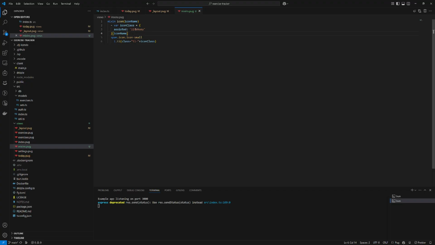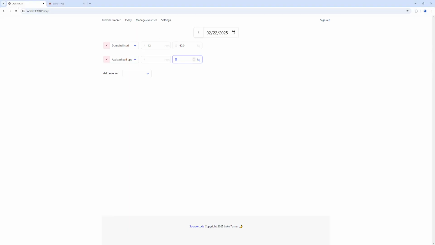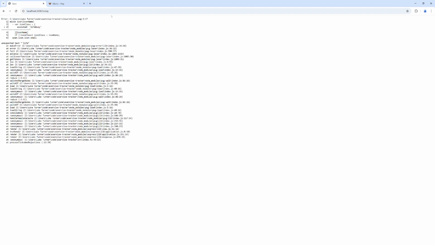And we could also say, I think this has to be indented here. We could say if not icon class equals icon name. So in other words, if there is no mapping defined for it, we're going to default to the name that was actually passed in. Okay, so now if we refresh this, it should continue